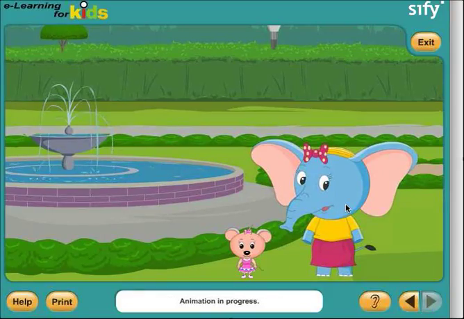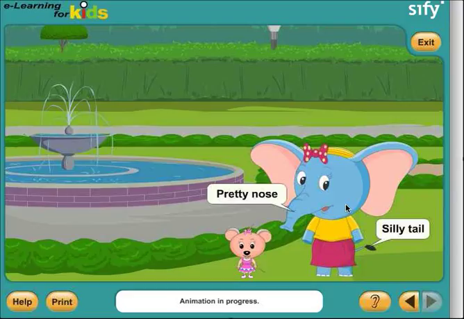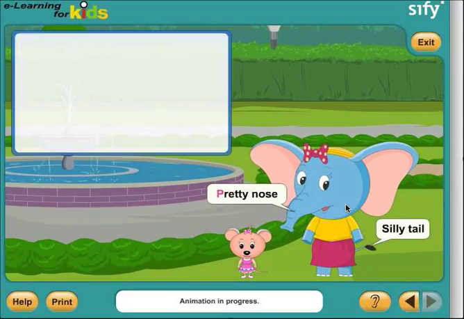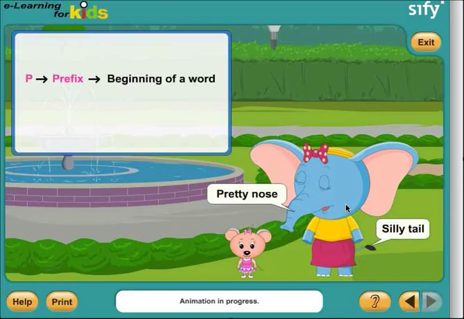Before we start playing, you need to know what prefixes and suffixes are. I'll tell you an easy way to remember prefixes and suffixes. Look at Ella. She has a big, long trunk and a tiny little tail. I call them her pretty nose and silly tail. The words pretty nose start with the letter P, and so does the word prefix. This helps me remember that a prefix comes at the beginning of a word, like Ella's nose. Similarly, the